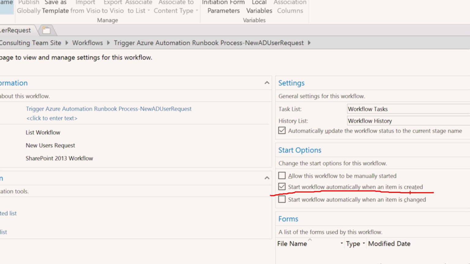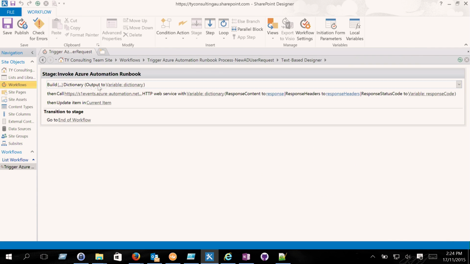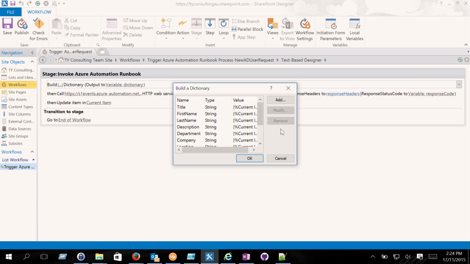You can also subscribe to other events as well. So now if I go to the workflow, you can see that firstly I built a variable called dictionary. It's very similar to a hash table in PowerShell. So basically, I'm giving each item a name and then a value. Value is basically